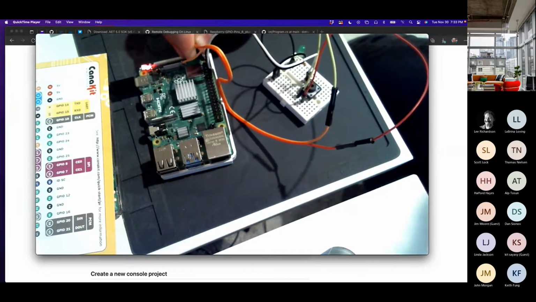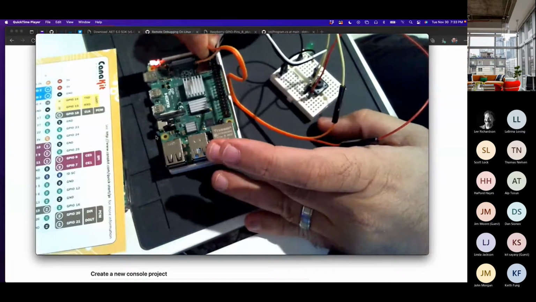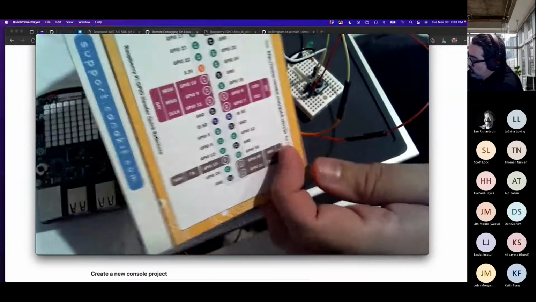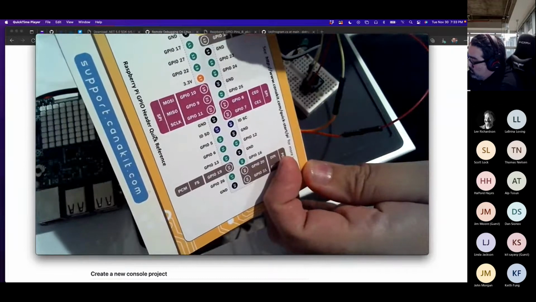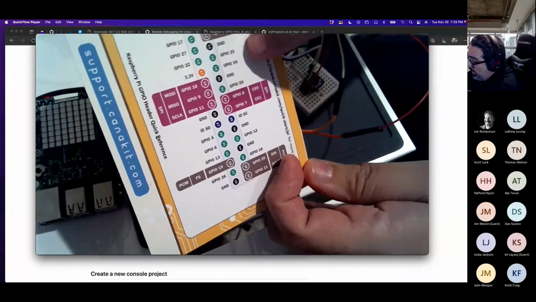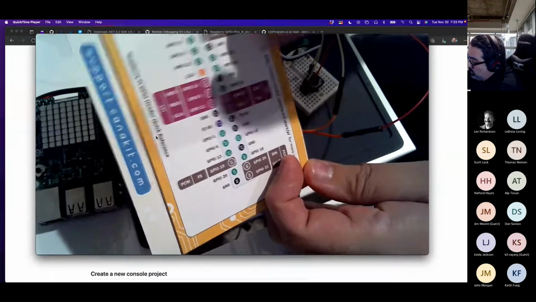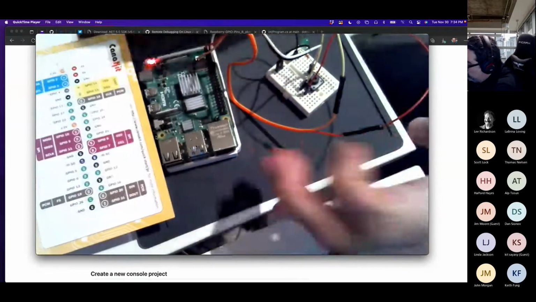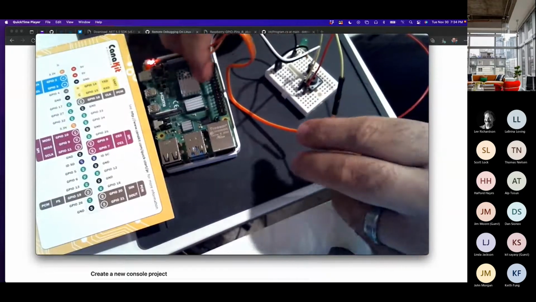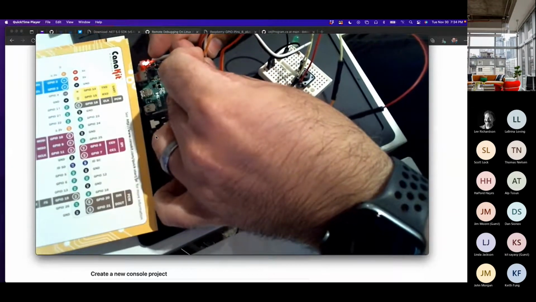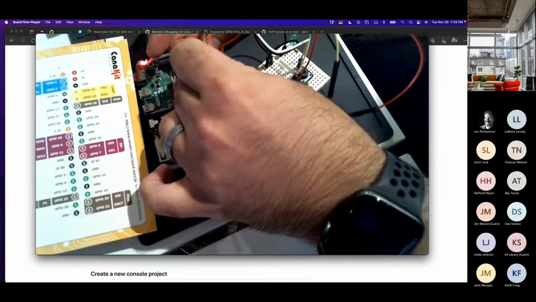Let me make sure that that is correct. Yeah, there it is. And the other thing I'm going to be doing is I'm currently on GPIO 18 for the LED, so I'm going to move 2 down. There's a ground in between, to GPIO 23 for the button. So there's my other cable. And let's put it 1 pin out there.